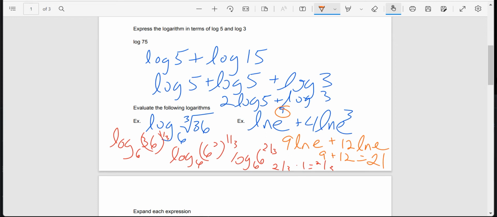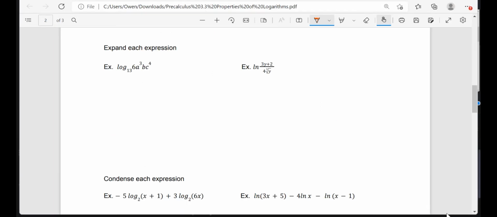So, in all, use your rules to be able to solve. Yes, I'm a big, as I said, big fan of ln base e. Helps us out a lot. So let's expand these logarithms fully. Okay, so we have two different problems with two different kinds of setups that we're going to need in order